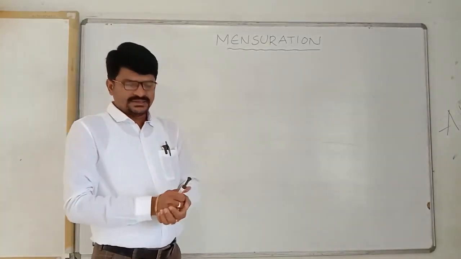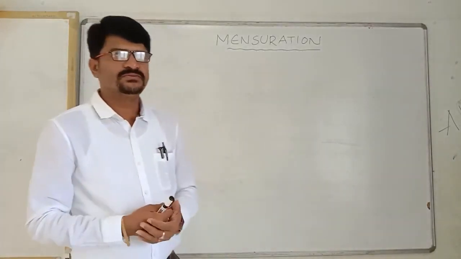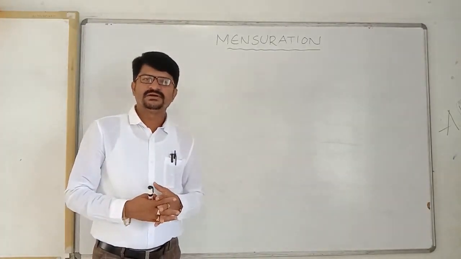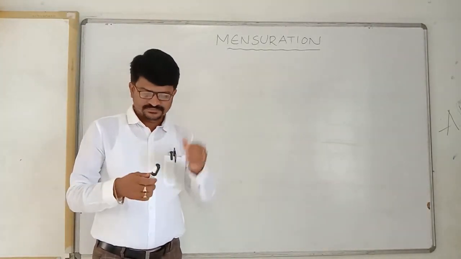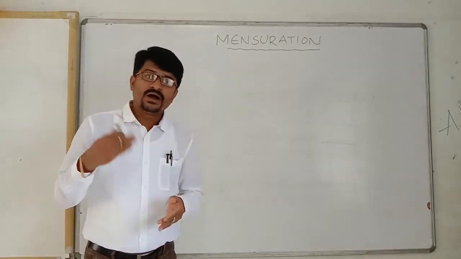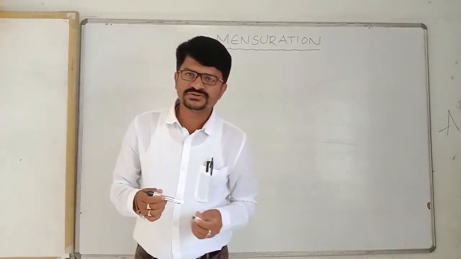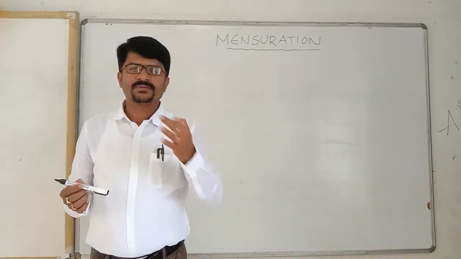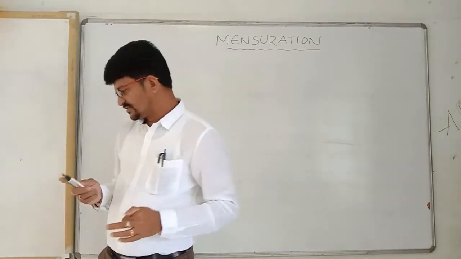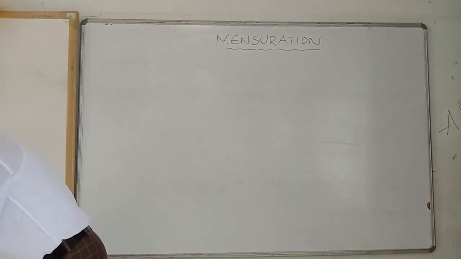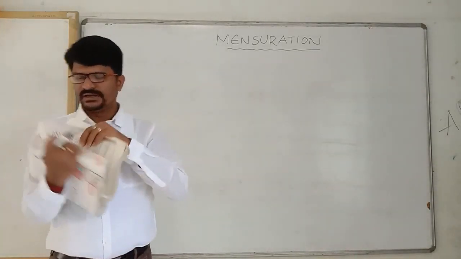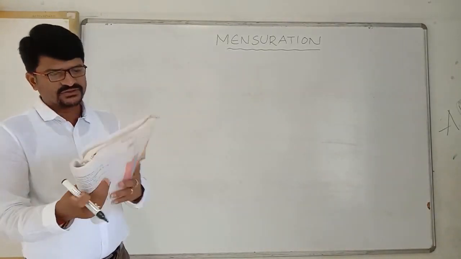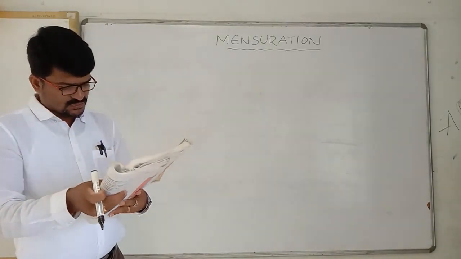Good morning, children. Today we are going to practice problems on the perimeter of a rectangle, how to find the perimeter of a rectangle by using the formula, and how we can apply this formula in our daily life also. Let me explain the first problem here. Look here, I'll read this. All of you see page number 208.